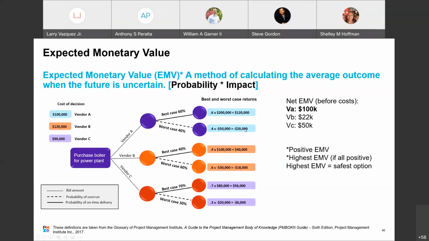That makes sense? I have seen through different resources, that I don't know if they're credible or not yet, that's why I didn't add it to this analysis, where they subtracted the net EMV from the actual cost, but I don't understand the value of that yet enough to speak to it. And I don't think it adds value to our discussion, but there's something there that I just don't know yet. In the context of the PMBOK right now, they don't even use this. This is where the decision is made. Okay?